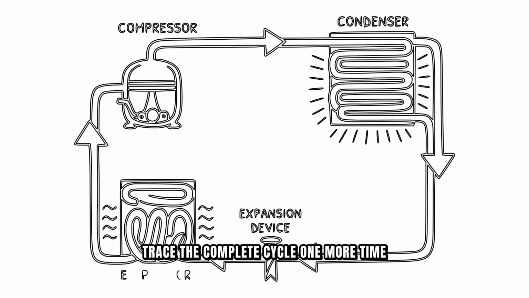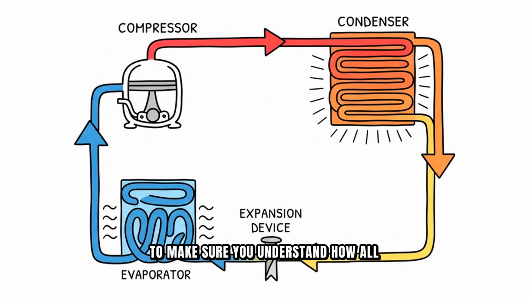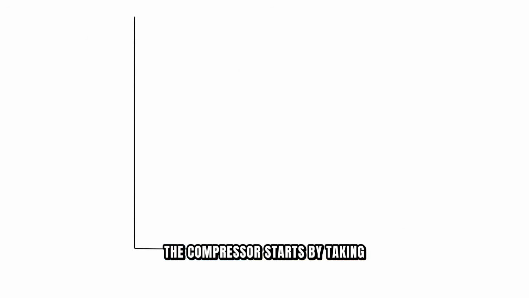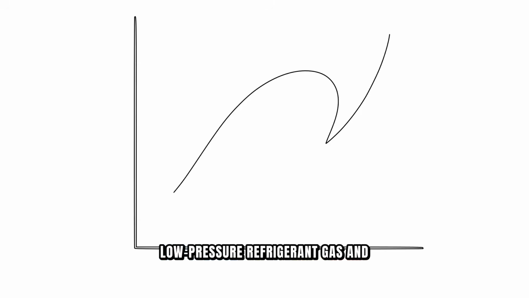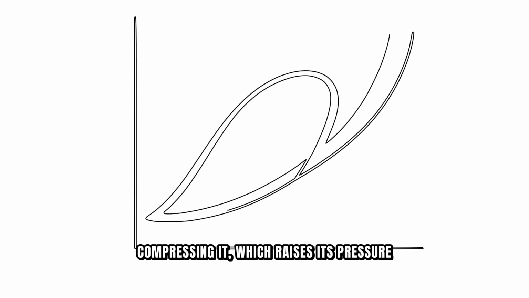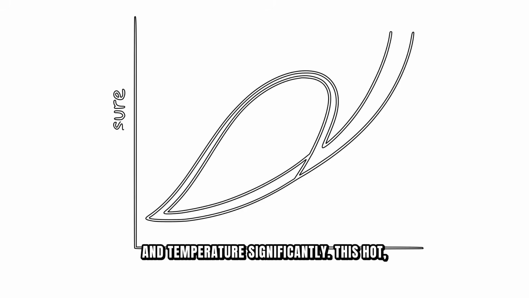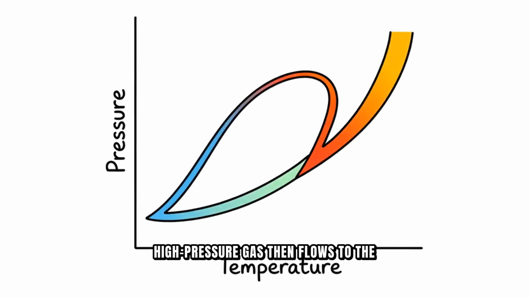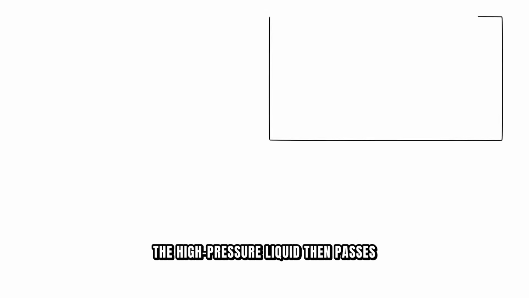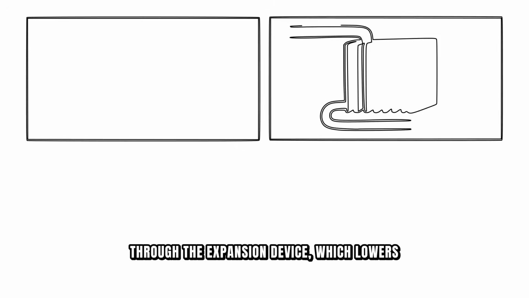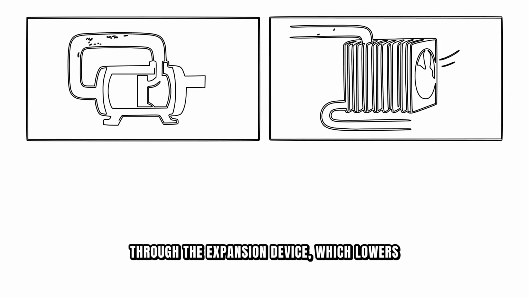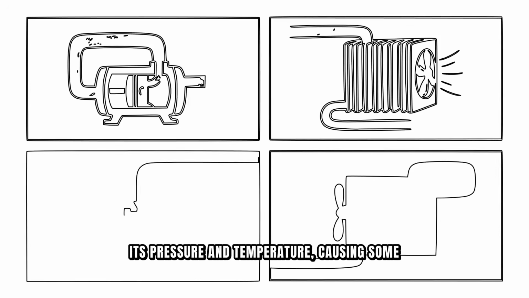Let's trace the complete cycle one more time to make sure you understand how all four components work together. The compressor starts by taking low-pressure refrigerant gas and compressing it, which raises its pressure and temperature significantly. This hot, high-pressure gas then flows to the condenser, where it releases heat to the outside air and condenses into a liquid. The high-pressure liquid then passes through the expansion device, which lowers its pressure and temperature, causing some of